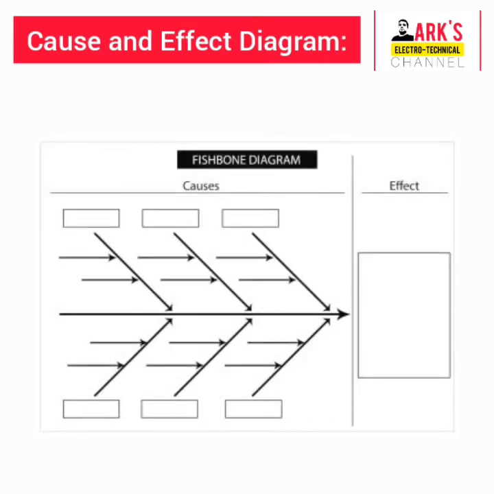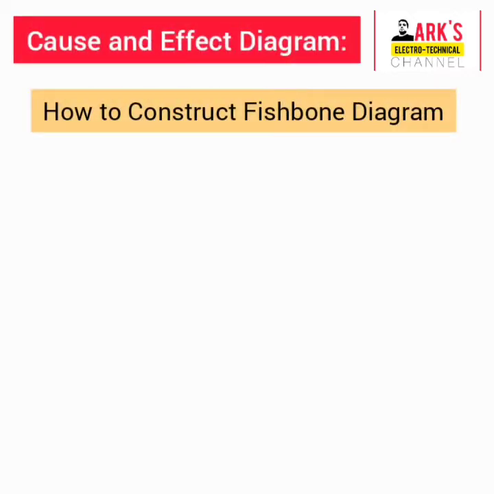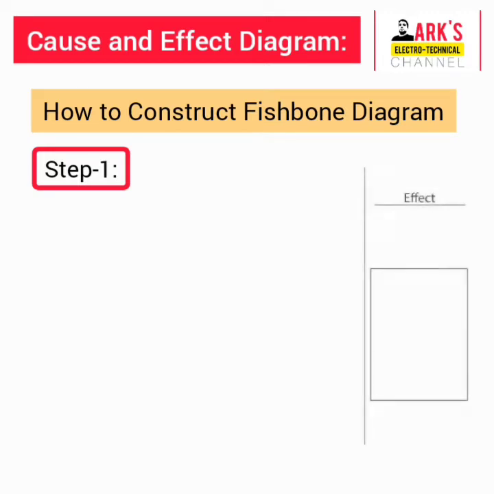The cause and effect diagram is used to explore all the potential or real causes or inputs that result in a single effect or output. Now we learn how to construct a fishbone diagram. There are 4 steps. Write the problem or effect in the center on the right side of a page as the fish head. Draw a straight arrow from left to right leading to this effect or problem, and this line is called the backbone of the fish.